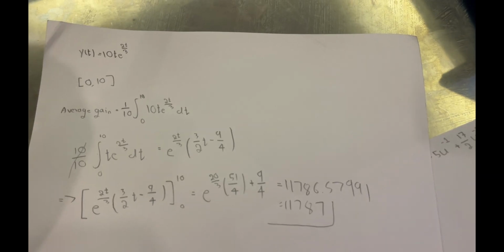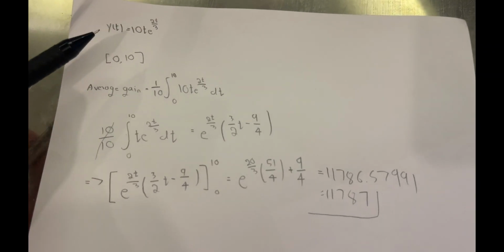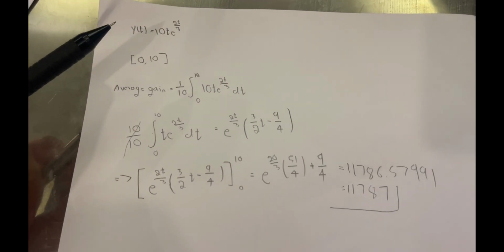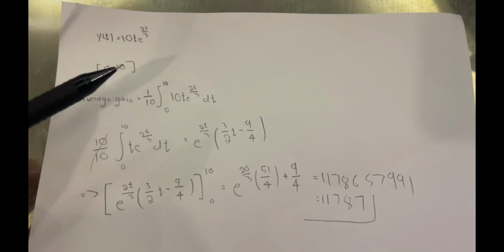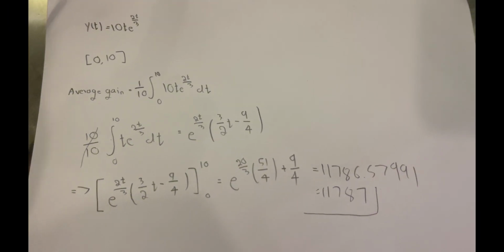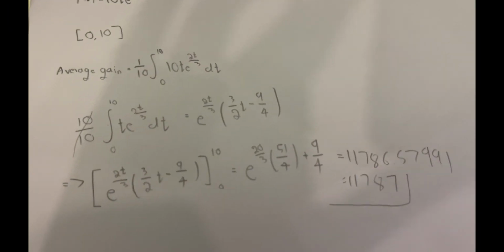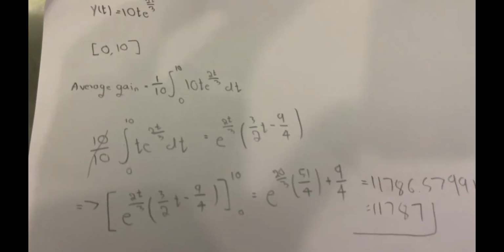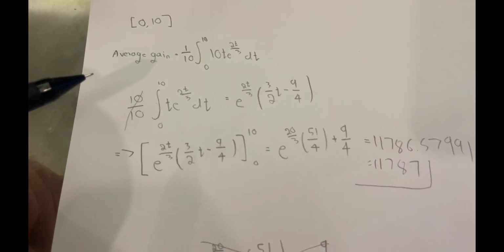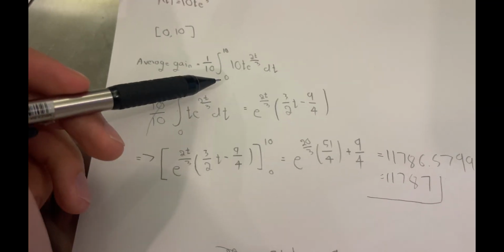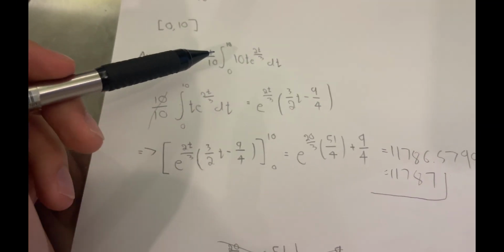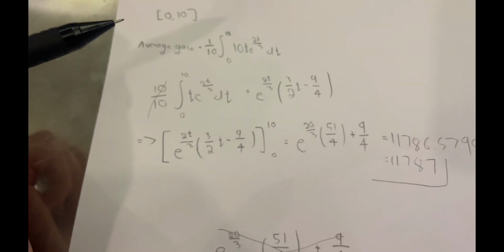The rate of change of the population, this is the rate of change of population y(t). y(t) is equal to 10t minus 2t over 3. The average gain in population over the next 10 years is the average value of the rate on 0 to 3. So the average gain is equal to 1 over 3 integral of 10t minus 2t over 3 dt. And then we